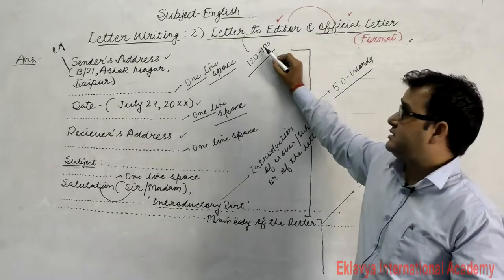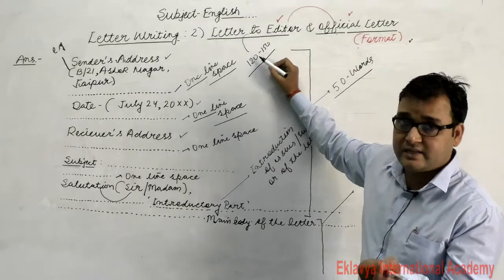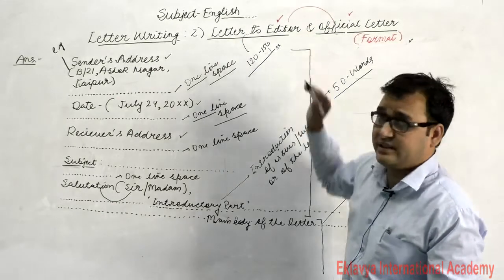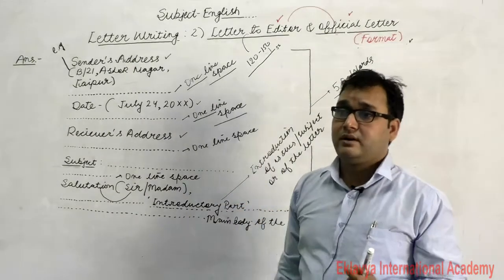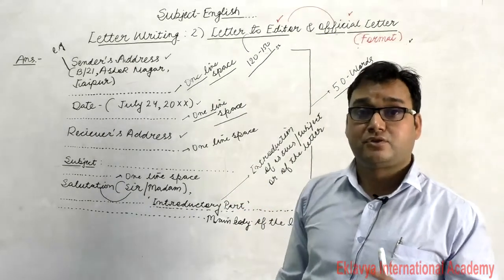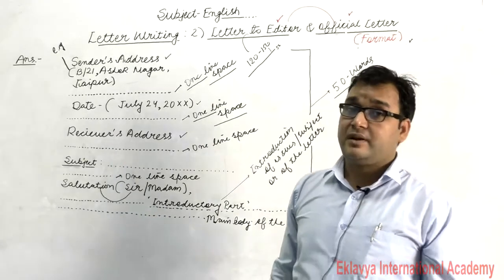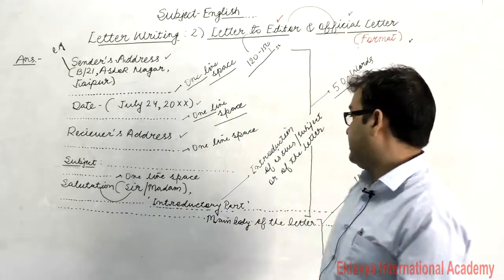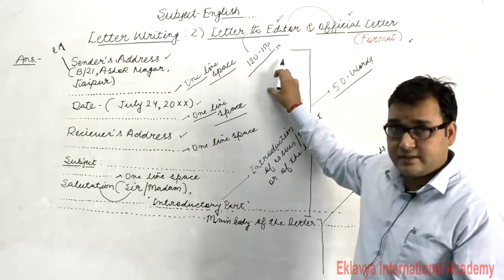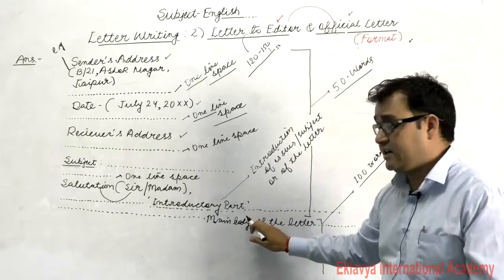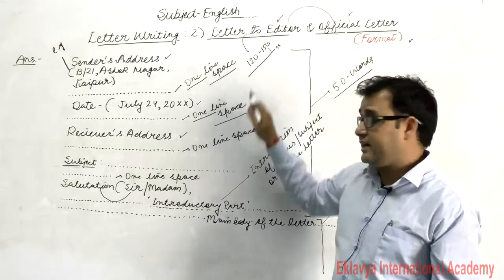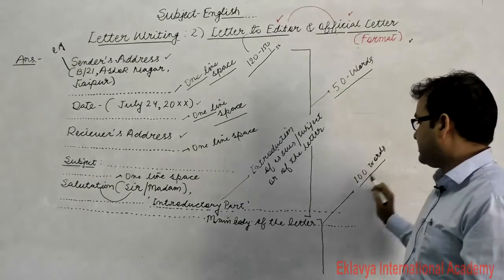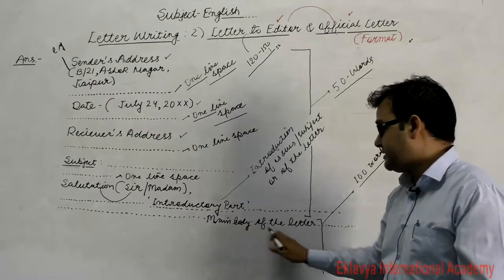You can write your answer within the limit, or if you have some time to write anything about the letter, your word limit may exceed up to 55, 60. But don't write your answer in 200 words, 250 words or 300 words at all. Otherwise, the examiner will not think twice about cutting your marks. सोचेगा भी number काटने में आपके वो, okay? From the first word to the introductory part, the word limit should be of 50 words, and 100 words here. यहाँ पे आपका हो जाएगा main body से लेके last तक.